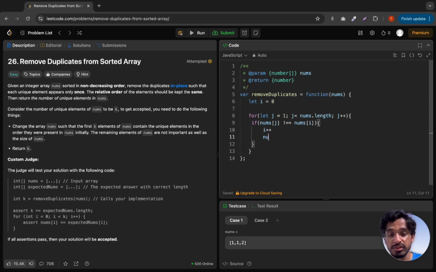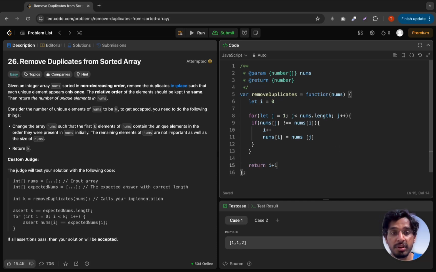So nums at i should be equal to nums at j. And we just need to return the index, right? So we need to return i plus 1 since it starts from 0. We need to increment by 1, so we return the index of the last element, that is i